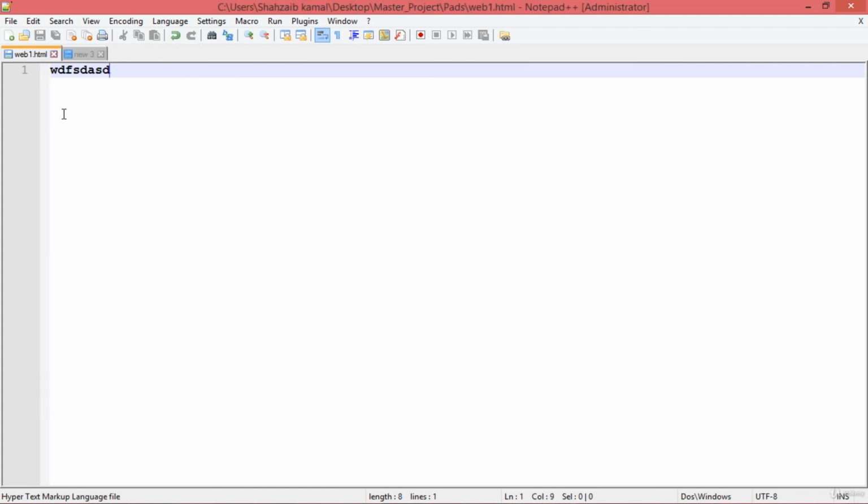Another thing is, you can see that there is a floppy drive icon. If you type anything, it turns red. That means something isn't saved in the file. So click on Save, or press Ctrl+S. I pressed Ctrl+S, and it became saved. Now if I type anything inside it, it becomes red again. Save All means if you have multiple tabs you're working on and all or some of them are red, click on Save All and all of them will be saved.